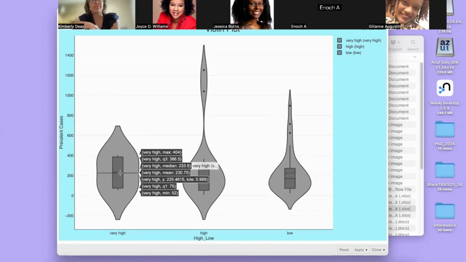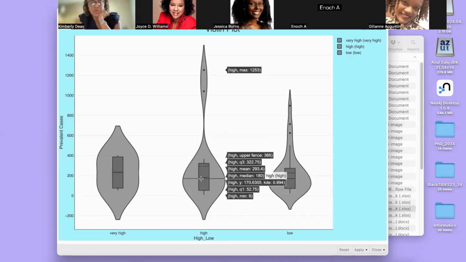So the next step would be for me to do some machine learning models to see if it actually is related, and if so, if it's statistically significant, right? And then of course I would map that to confidence intervals to make sure that I was drawing the right conclusions about my p-values or whatnot. But I would have thought this number would have been significantly different. Like, so here it's what? The median is 233 and here it's 180. I would have thought it was much different.